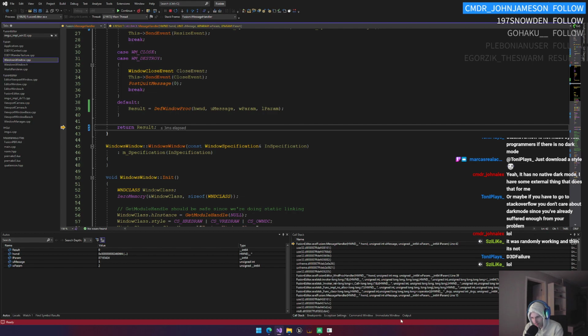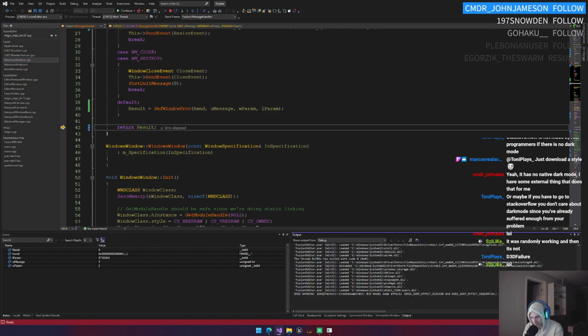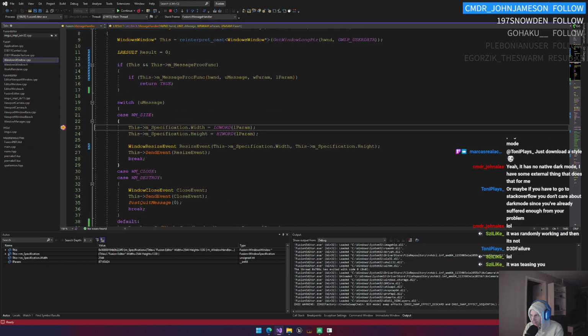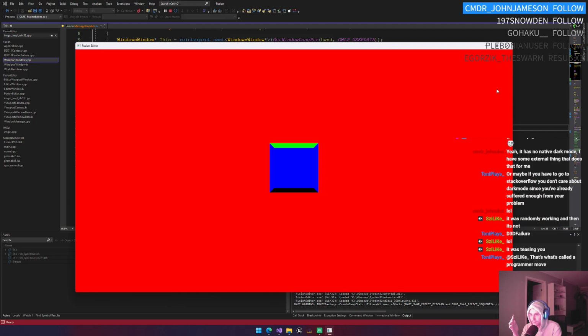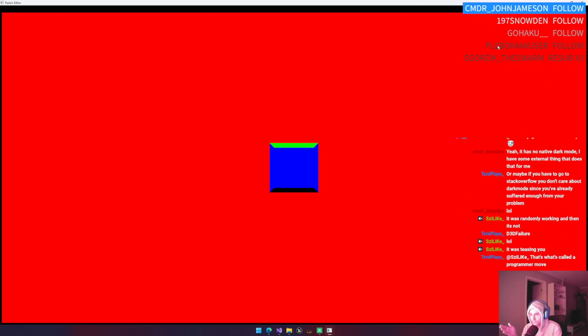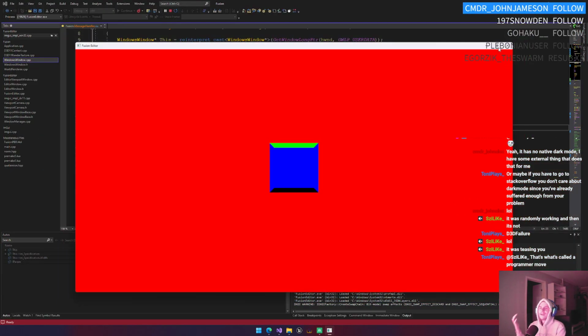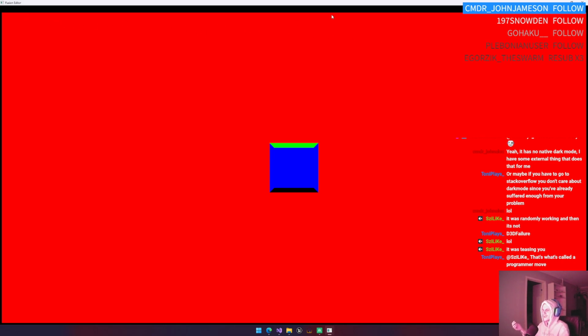D3D failure. What? Not seeing any... so confused. Okay, that works. It's sort of working,